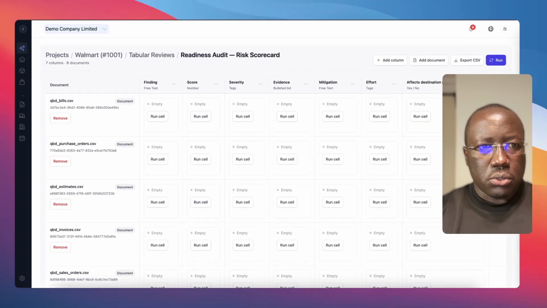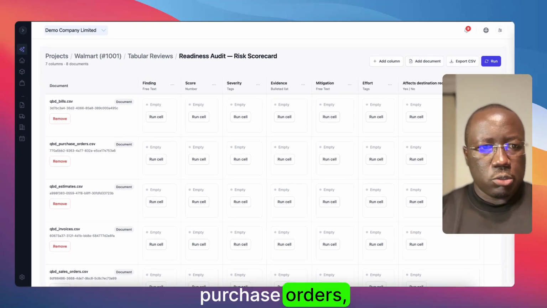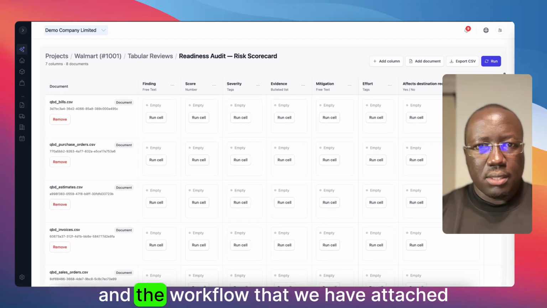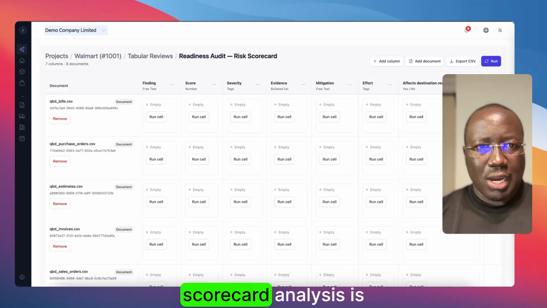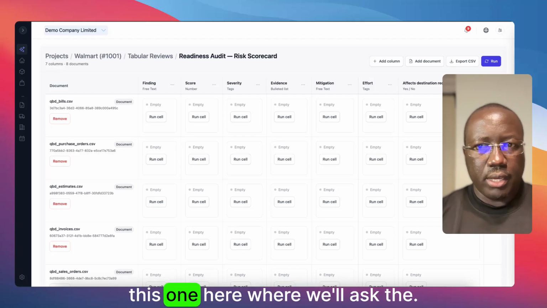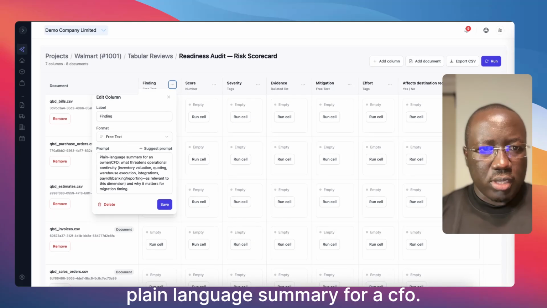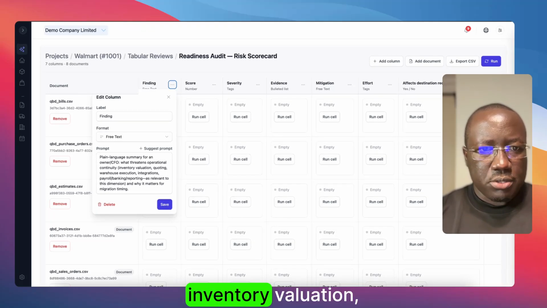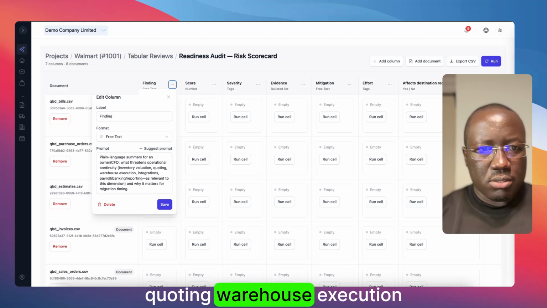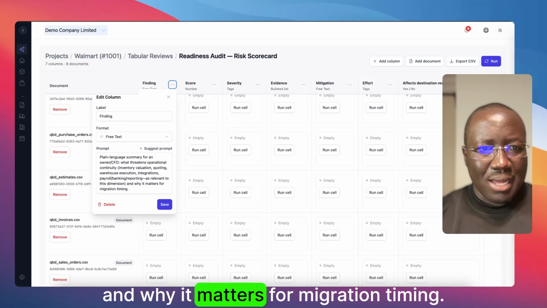So let's go in. We have our documents here on the left: bills, purchase orders, estimate, invoices, and the workflow that we have attached to this risk scorecard analysis is this one here, where we'll ask this prompt: plain language summary for a CFO. What threatens operational continuity? Inventory valuation, quoting, warehouse execution, integrations, payroll, banking reporting, and why it matters for